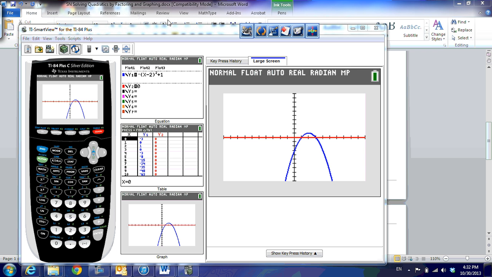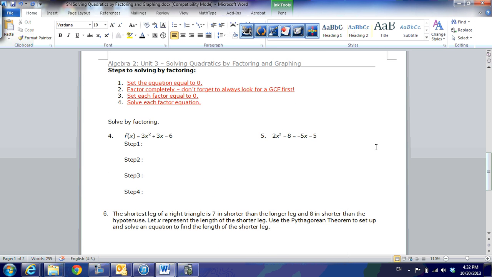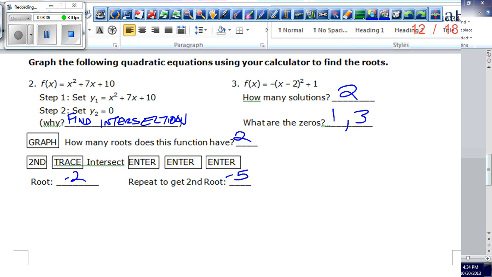All right. The next part on your notes is something you'll need to copy down. So go ahead and pause it right here and copy this down. All right, so step